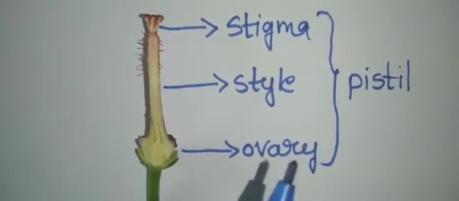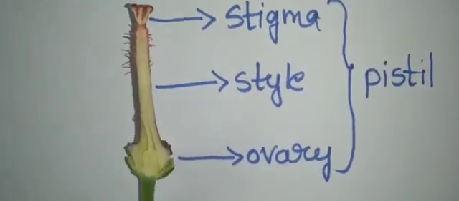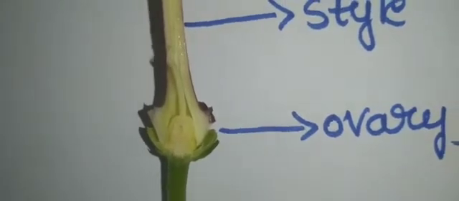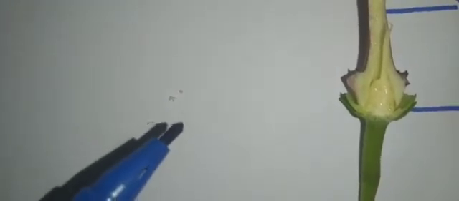So this is called the ovary. Here you can see small structures, like small bubble-like structures. We can call them small bead-like structures. They are called ovules. We call these ovules. So students, I have taken out ovules from this ovary. Look here, they look like this, small bead-like structures. So these are called ovules.